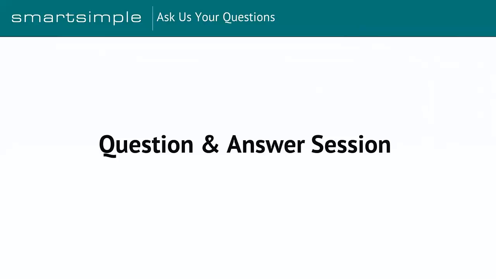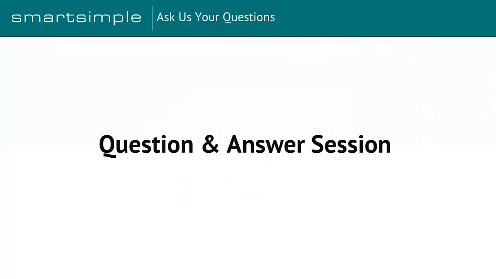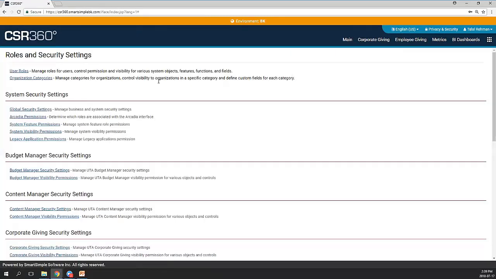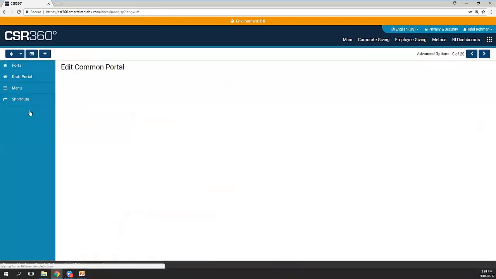Great. Okay, so I have another one: how do you change the theme to the white paper theme? Okay, so that option is available per section. Let's see. I'll just quickly log back in here. All right, so the theme comes into place on the sections, and if I quickly take you back to the common portal,